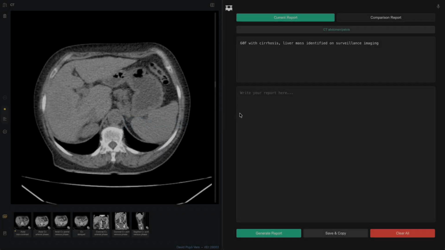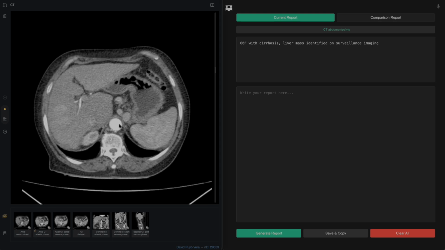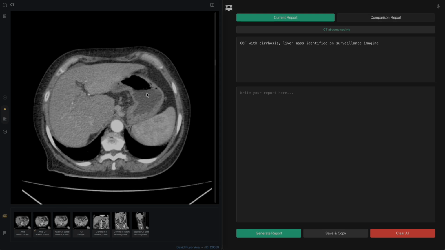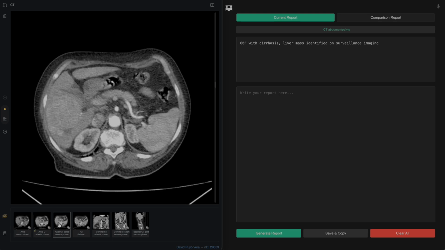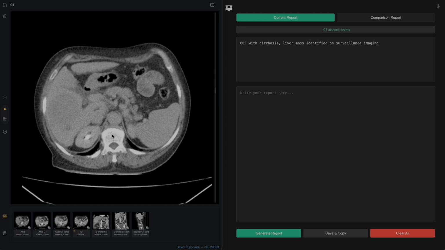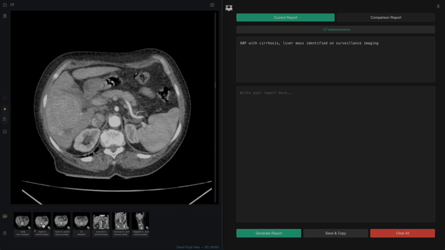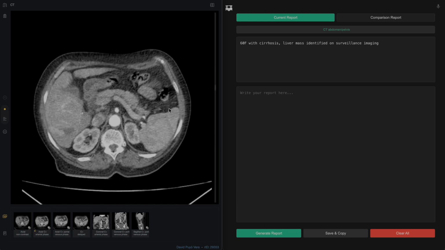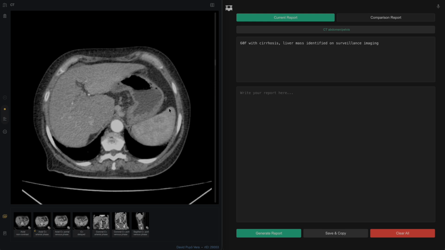This is the next case in the RadCoPilot in Action series, and here we have a multi-phase CT abdomen pelvis in a 60-year-old female with known cirrhosis who has presented with a liver mass identified on surveillance imaging. And we have non-contrast arterial phase, portal venous phase, and delayed phase axial slices here for us to look at. So let's start in the arterial phase images,